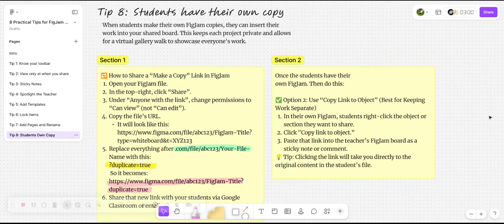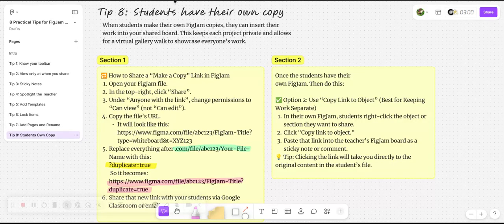Okay, and for the last, one of my most favorite, more advanced things that you can do is if you create something like a template and you would like your students to be using it on their own and then show their work, or even collaborate themselves in pairs on a FigJam so that it's not every single student editing at the same time. So you create your FigJam, whatever you want. If you want to have a template,